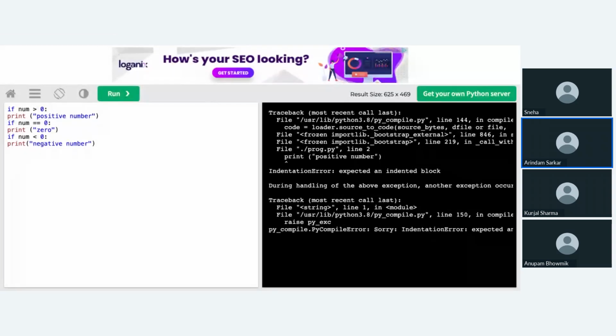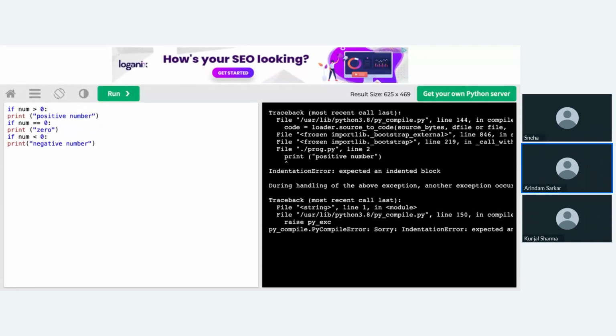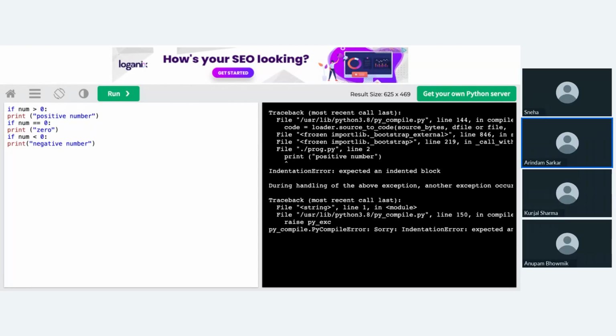Okay, so it says number. तो नंबर का वैल्यू कहाँ से आएगा स्नेहा? क्योंकि नंबर वेरिएबल है, ये undefined है, क्योंकि आप इसको जो use कर रहे हो उसके पहले नंबर कहीं पे है ही नहीं, तो इसको नहीं पता है कि नंबर कहाँ से आ रहा है। ओके, तो अब और indent भी नहीं है। इफ के अंदर वो जो आपने print लिखा है वो तो indent होना चाहिए ना, to indicate that ये if के अंदर है। Indentation भी, तो यहाँ पे दो एरर दिख रहे हैं मेरे को। एक कि नंबर पहले से defined नहीं है, मतलब नंबर का एक वैल्यू चाहिए, नहीं तो वो किस नंबर को चेक करेगा, ये एक प्रॉब्लम है। And second is indent नहीं है, ये दो प्रॉब्लम हैं।